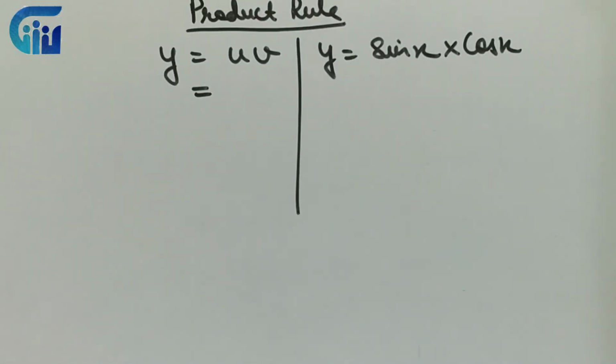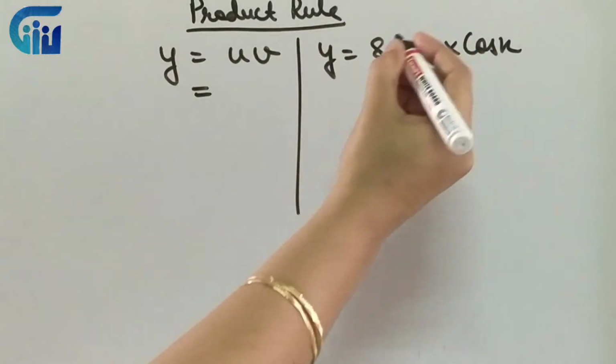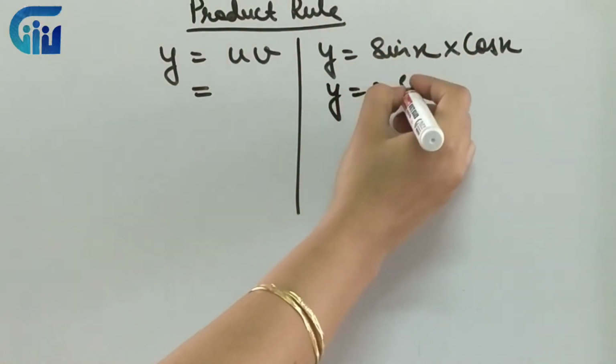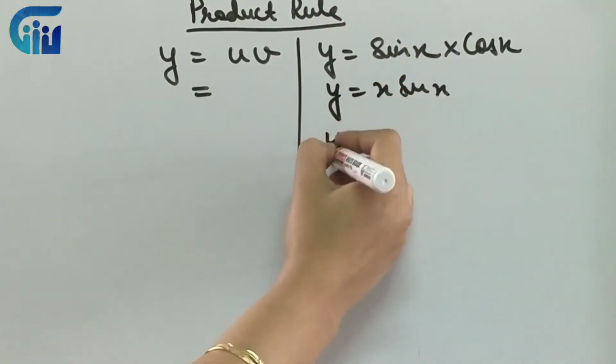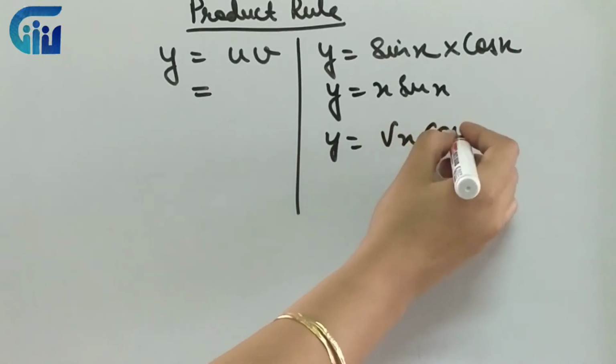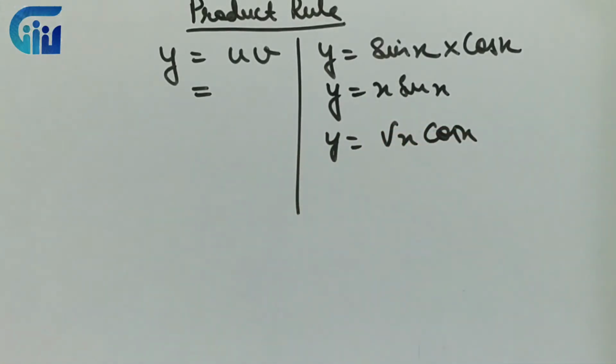So we have a rule for these type of functions. For what type of function? Where we cannot multiply and write them as one, like sin x into cos x, or x sin x, or root x into cos x or tan x, anything of these types. There we apply the product rule. It can be 2, it can be more than 2. Right now I am taking 2. The same rule can be generalized for more than 2 as well.